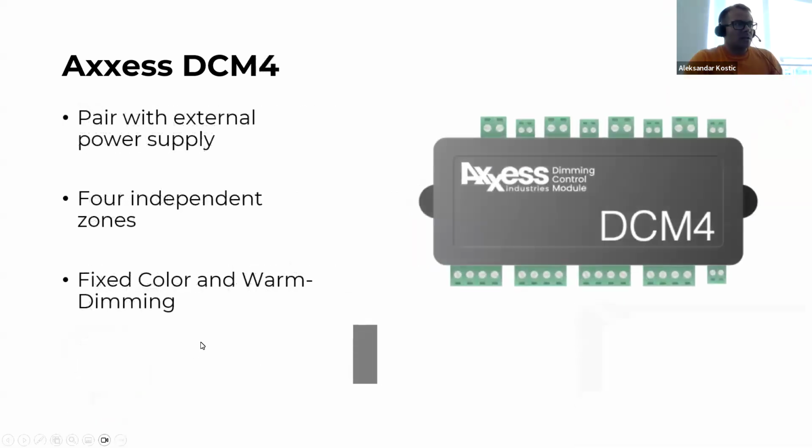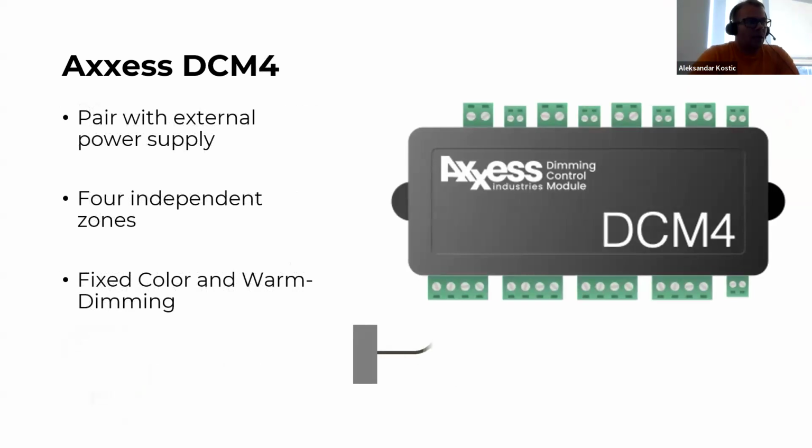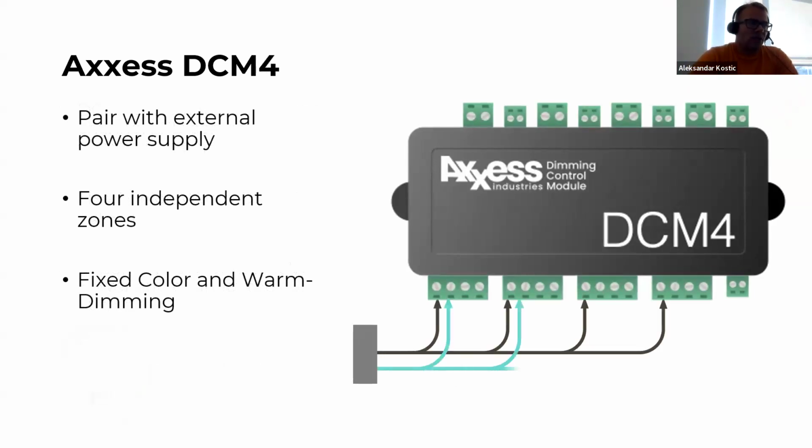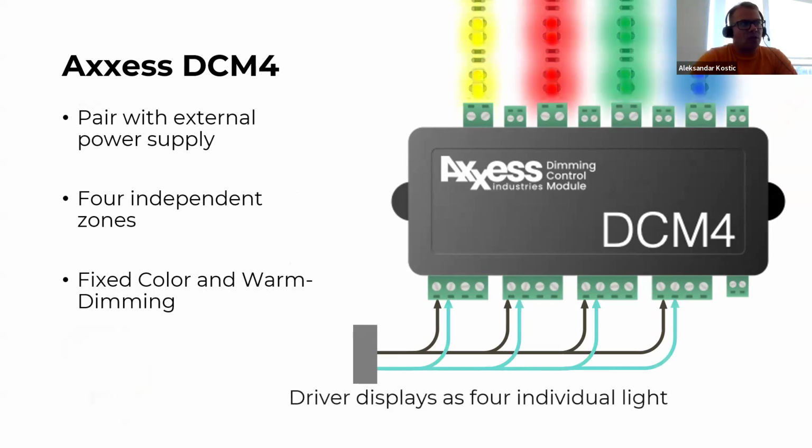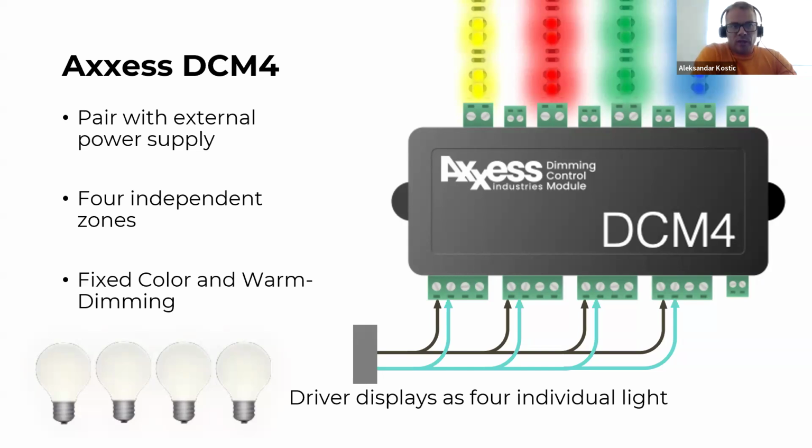Okay, so the next Zigbee controller is DCM4. The DCM4 controller is in fact a small hub connecting 4 independent loads using a single device. So it also works with a 24-volt power supply. And when you add it to the project, and I will show you later in Composer, the DCM4 driver is not appearing as a lighting load on the user interface. So it is just a hub with available connections for the